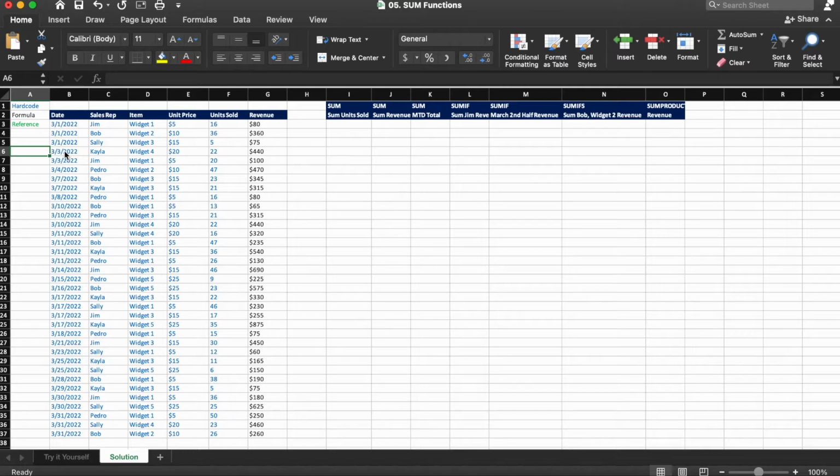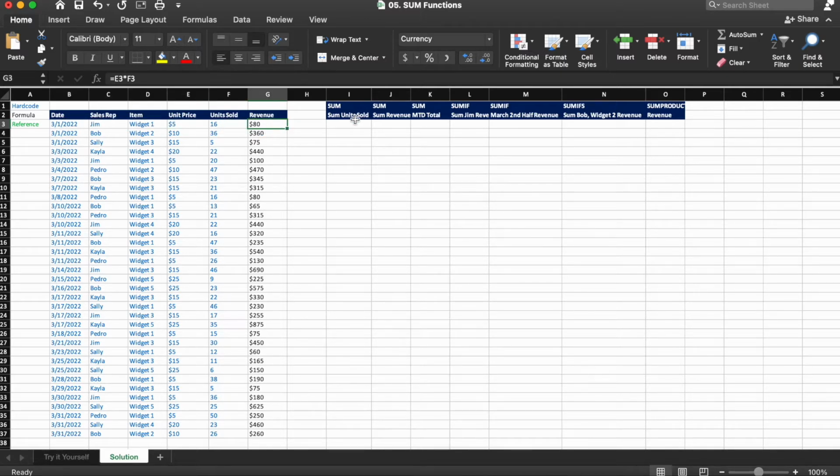Cells B2 through G37 are the March sales report for Wando's Widgets, the worldwide winner with widget sales. Column B is the date the sale was made. Column C is the rep who made the sale. Column D is the item sold. Column E is the price per widget. Column F is the number of units sold. And column G is the revenue from the sale. And we know that because column G has all black font, that it is a formula as opposed to a hard-coded value like the rest of the columns.